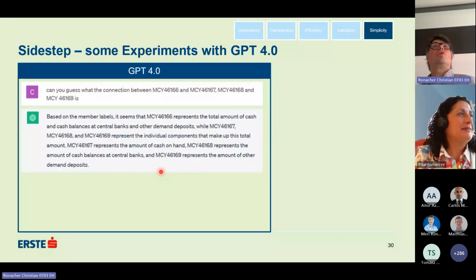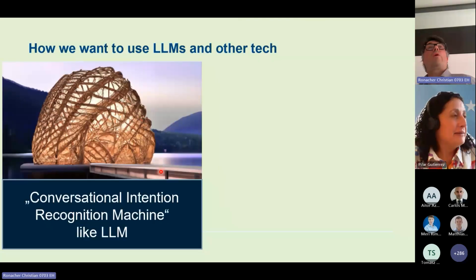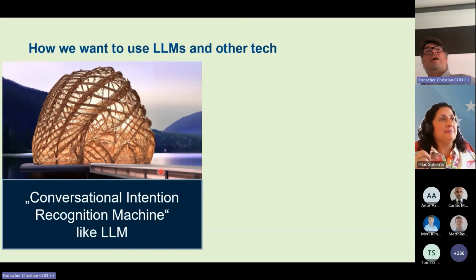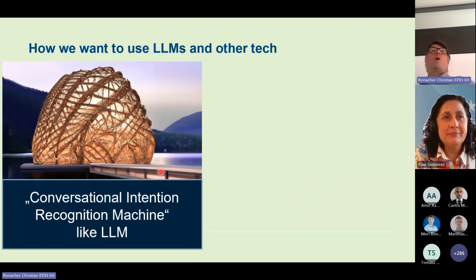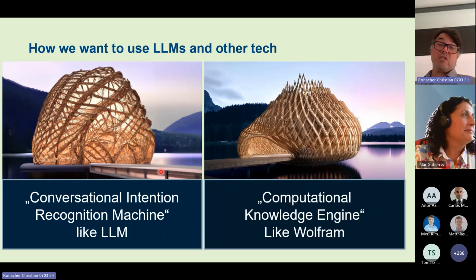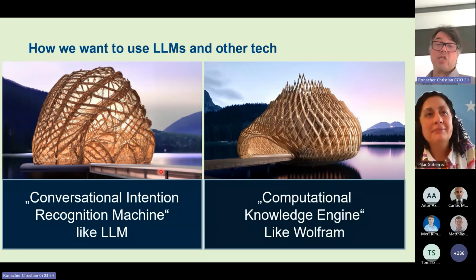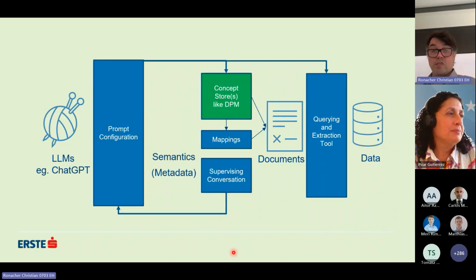So maybe I just wanted to add some experiments we did here. How we want to use large language models is kind of conversational, not as in "give me the results", but check what the user intends, what I have, and how these questions can be interpreted, so that we have a kind of computational knowledge engine which connects to the correct systems and to the correct frameworks. We do it with this kind of architecture. And here you can see that the architecture is not important, but I just wanted to add that the data point model is very, very important.